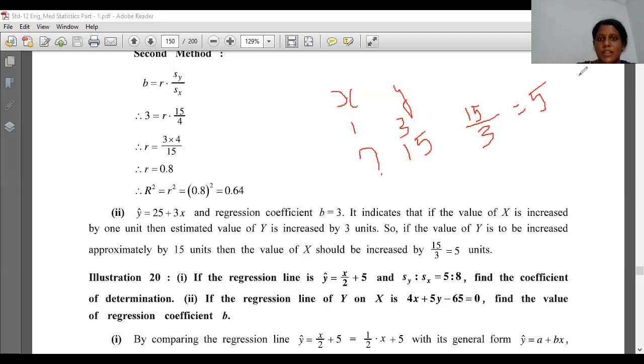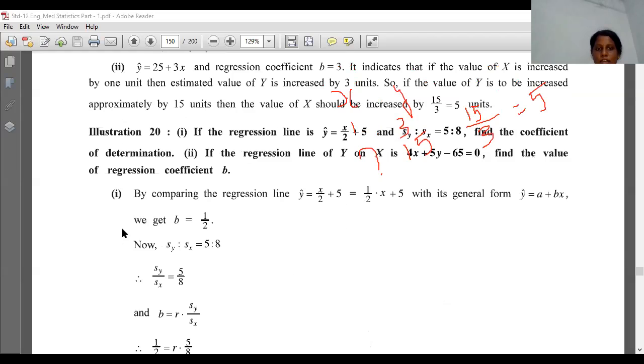I don't have that much grip on writing like this, but I will get used to it. Okay, let's see. You understood? Now see. That equation we are making, when x was this much then y was this much. So when x was 1, y was 3. When y was 15, then what is x? So we will divide it, then we will get the value of x, that is 5. Now let's see the second one.